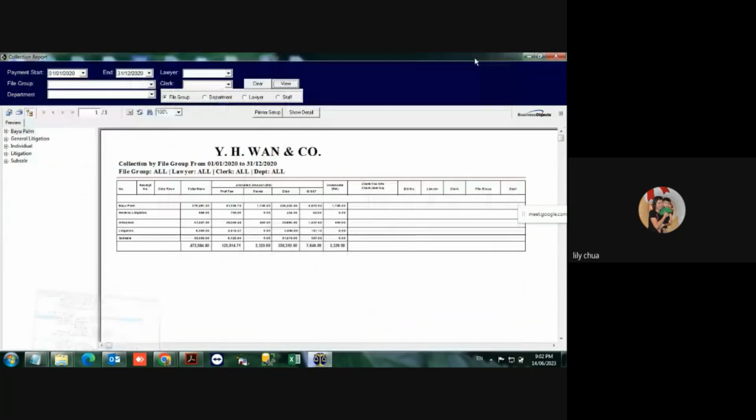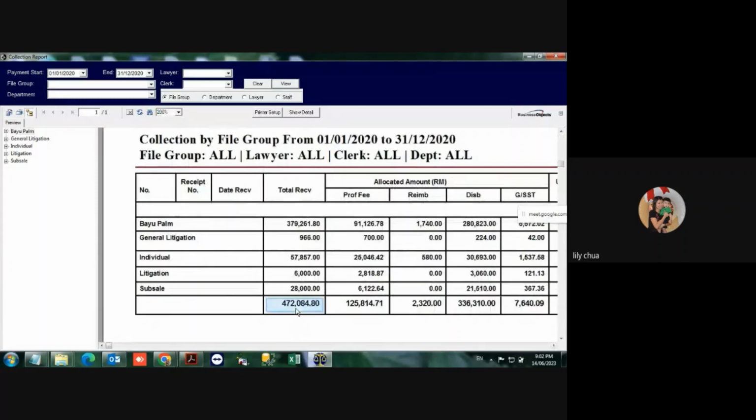Okay, let's see the collection. This is the collection report in 2020. It will give me collection for the whole year. I have collected 472,000. This is by file group. You remember just now we can open up different groups. Biopalm, I have collected